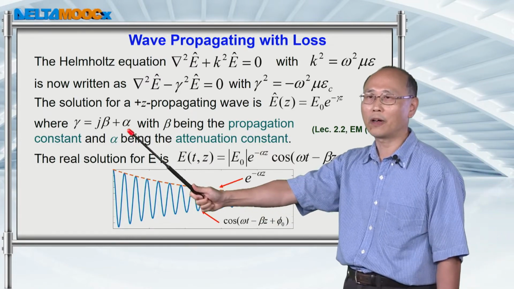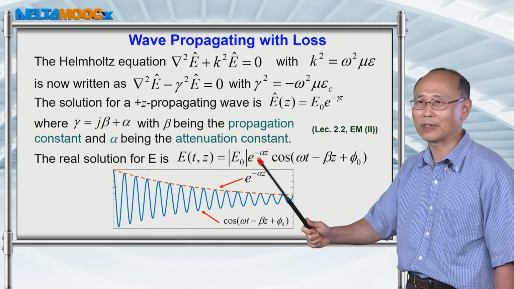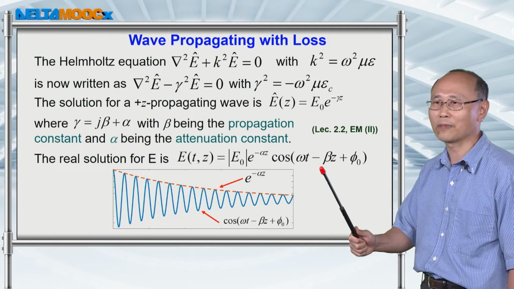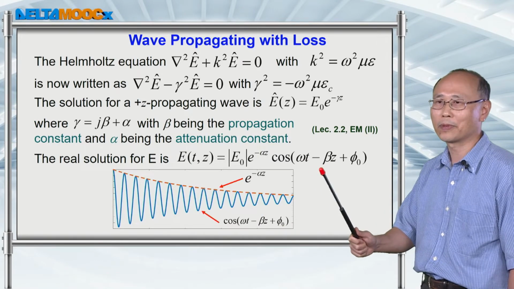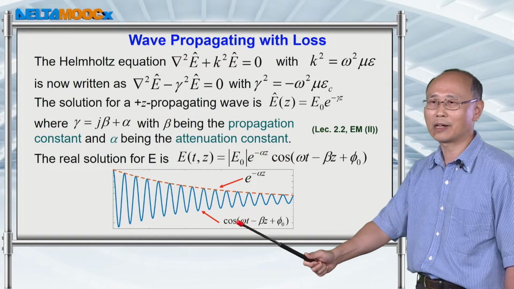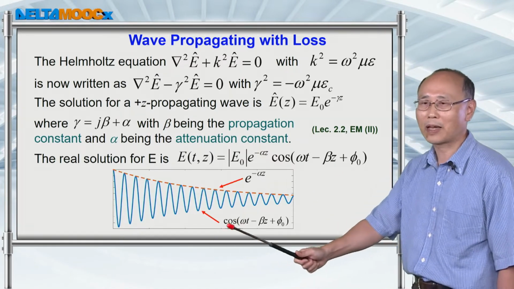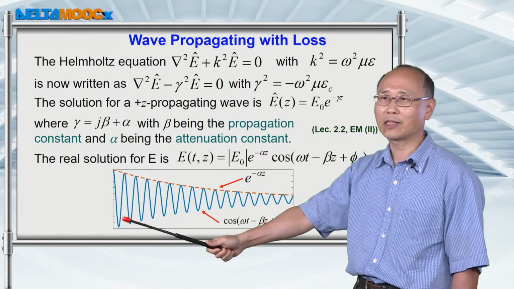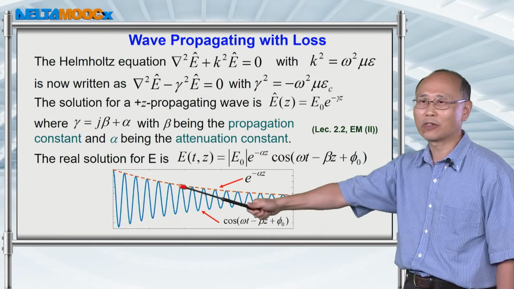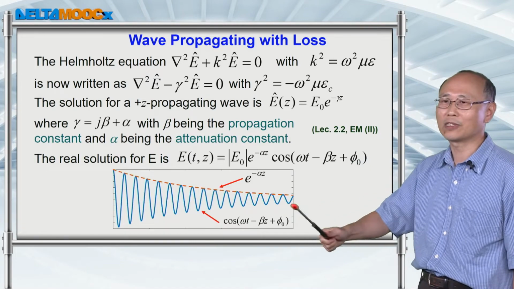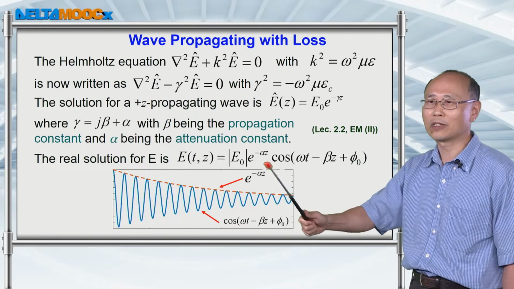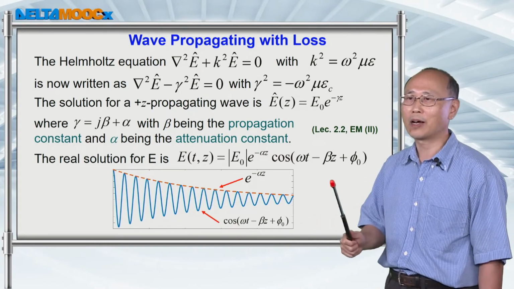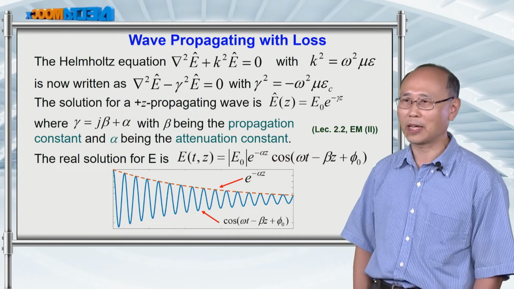The real part is going to give you attenuation of the wave inside the material, and the imaginary part will tell you how the wave will propagate inside this material. If I plot this expression on this figure, using the horizontal axis as the z direction and the vertical axis as the amplitude of the wave, then you're going to see the attenuation of the wave over distance. The envelope follows this exponential minus alpha z term, and the oscillation comes from this cosine omega t minus beta z.